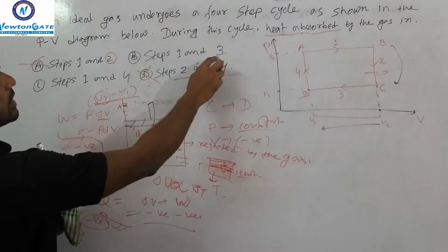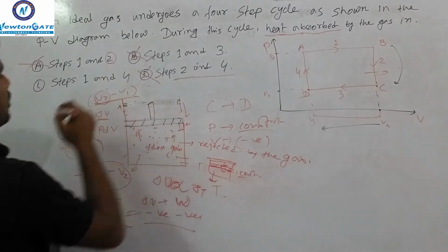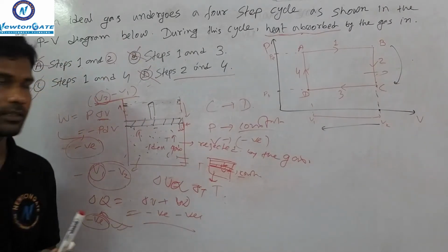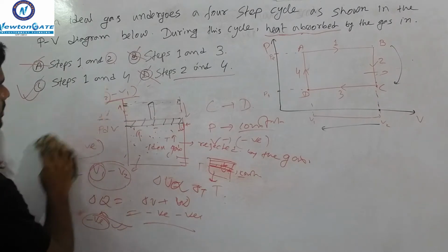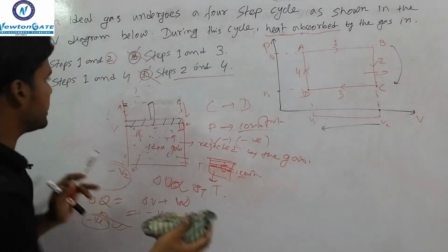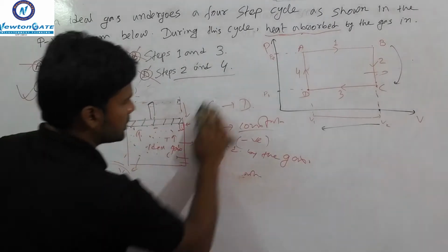So this is not true. So only option C is remaining, that means this is our right answer, okay? So for option C here 1 and 4 is in step 1. तो step 1 तो हमने देख लिया, तो step 4 को देख लेते हैं। step 4 में क्या हो रहा है,